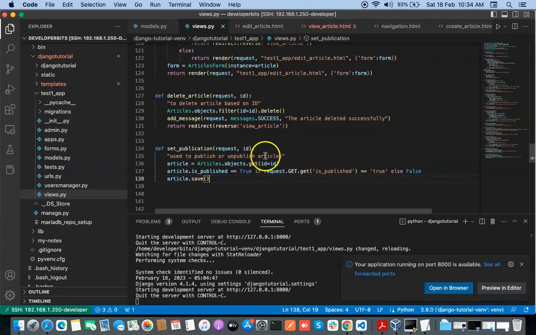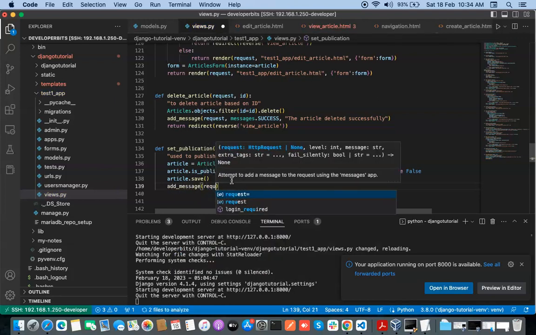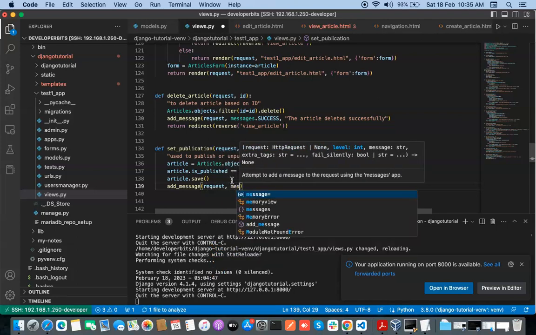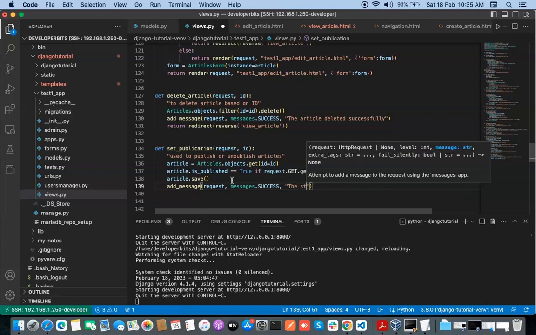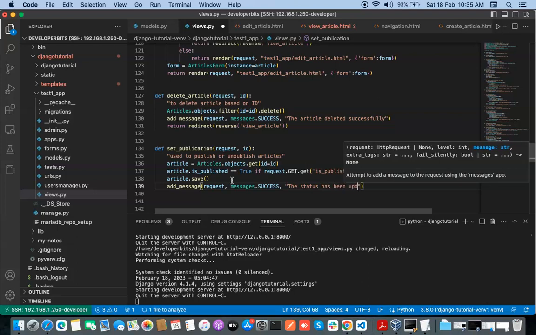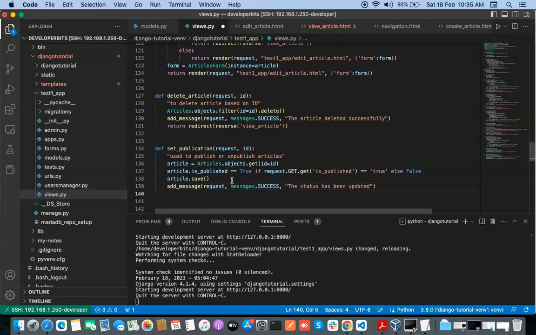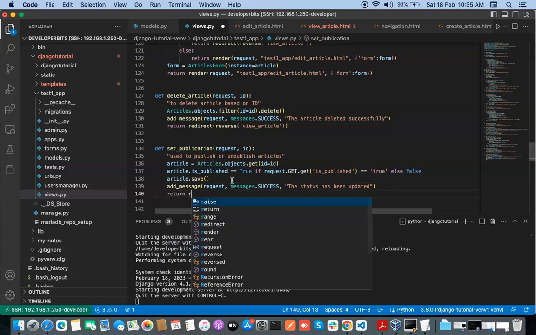After that we can also pass a flash message to the user that the status has been updated. Just type here request, then messages, then success, because we want to pass a success message. The status has been updated. You can give any meaningful message you like, and just type here return redirect